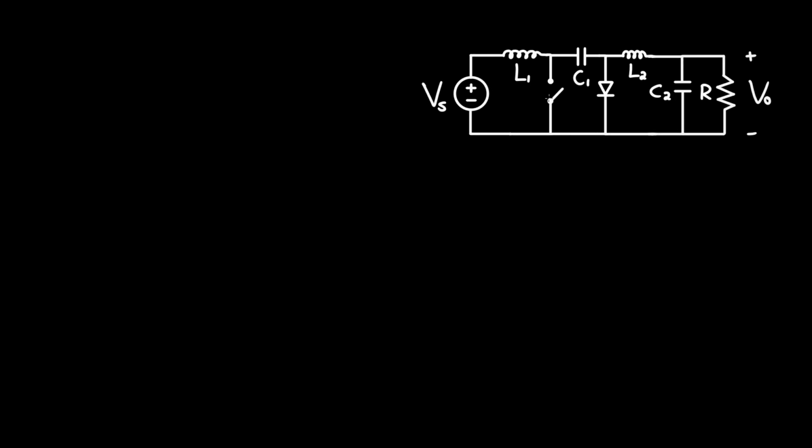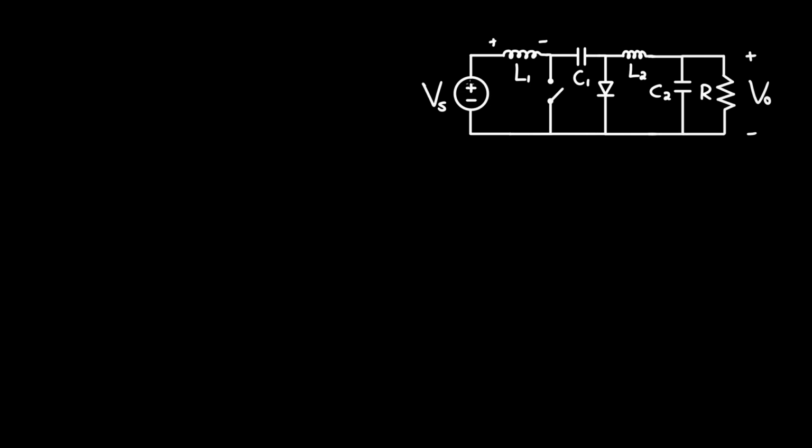And for the second circuit, it will be when the switch is open, which we'll call 1 minus d times t, where 1 minus d is the remainder of the duty cycle. For this topology, the energy transfer is dependent on C1, unlike the other ones where it was dependent on the inductor. Now we're going to assign the positive and negative references for each component, starting with L1, where we'll put